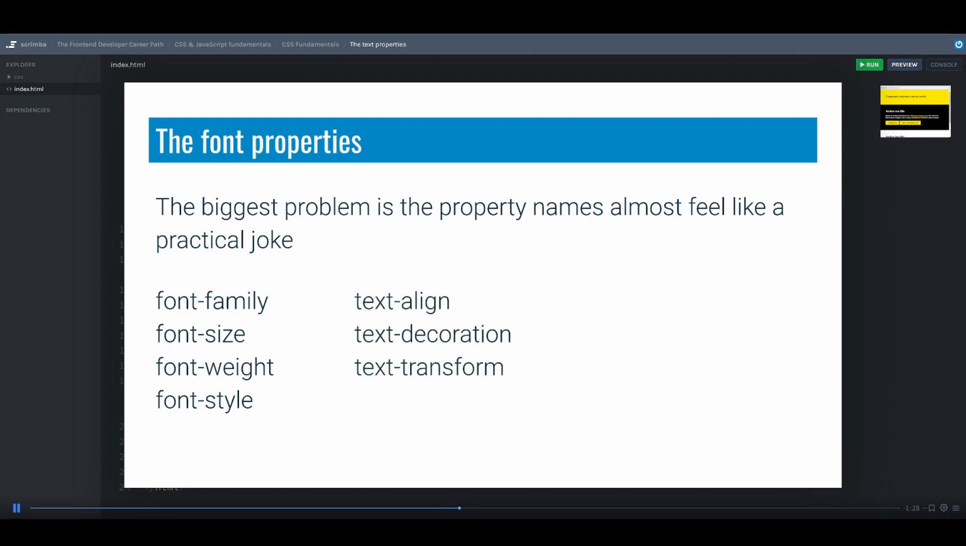There's other ones that start with text. We've seen text align and text decoration. There's also text transform, which is to make all caps text and things like that. So you have this category of font properties, you have a category of text properties, and then there's a few